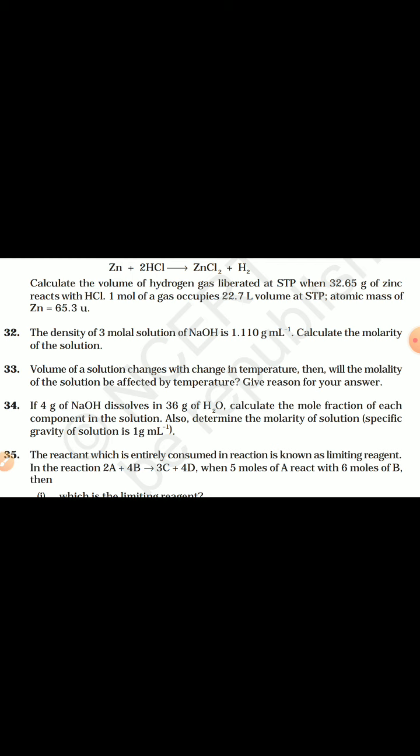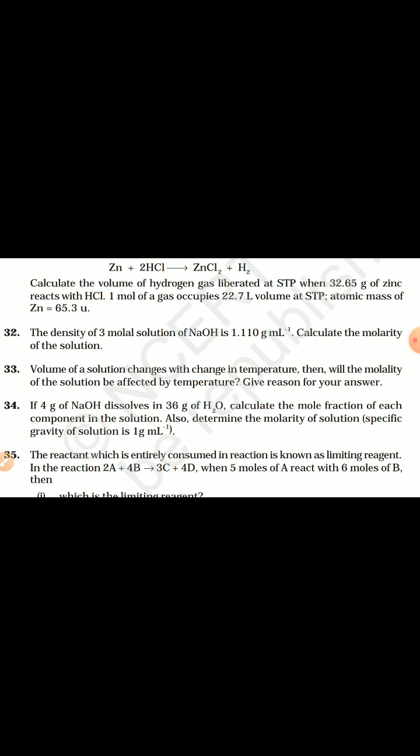So how can we get the number of moles? The number of moles we get from the molality. Here it is mentioned that it is a 3 molal solution, therefore molality is 3. So 3 into 40 grams comes out to be 120, and this 120 plus the mass of the solvent is equal to 1120, that is the mass of the solution. Now when I have the mass of the solution, I will apply the density formula. Density is equal to mass upon volume.